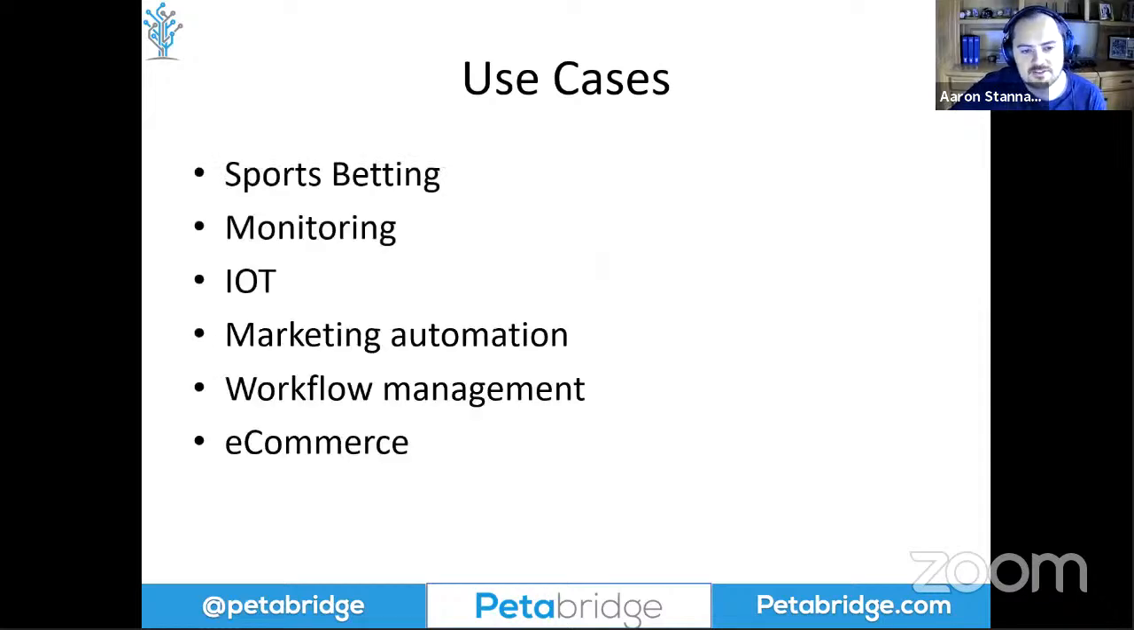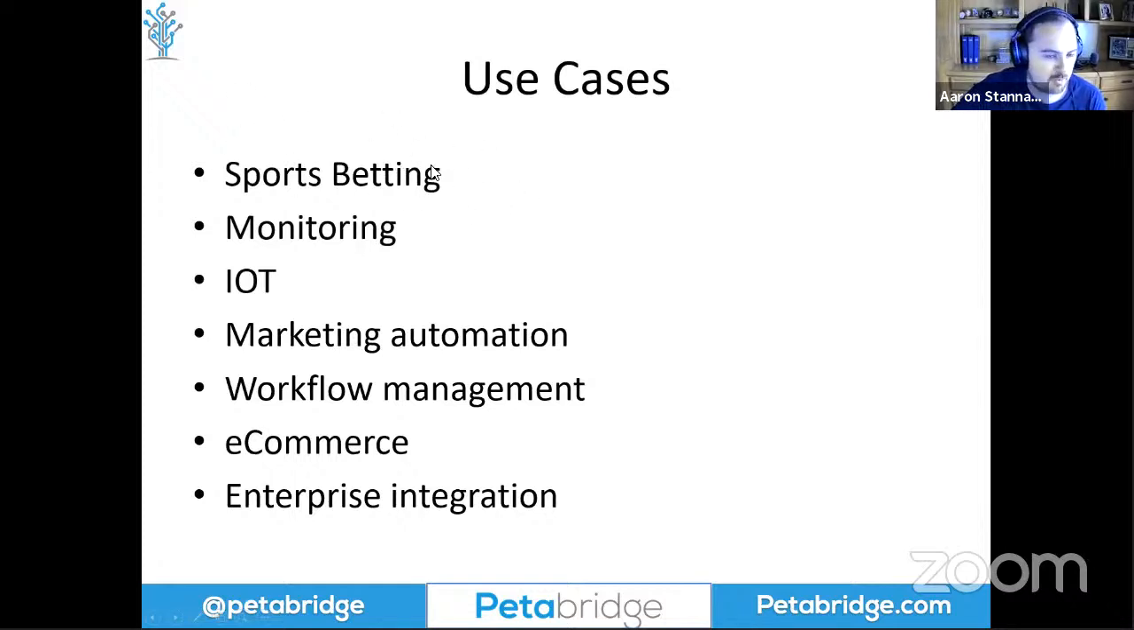Some other use cases, just to call some of these out. Sports betting, we probably have in the order of, let's say, I don't know, 12 to 24 different sports betting customers just here at Petabridge ourselves. And Akka.net gets used for, well, really, Akka.Cluster gets used for market making and running the order books, and also sometimes setting odds. We have a lot of customers that use Akka.net for monitoring, and this runs the gamut from